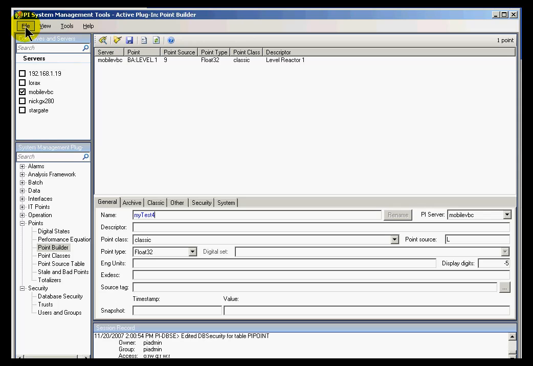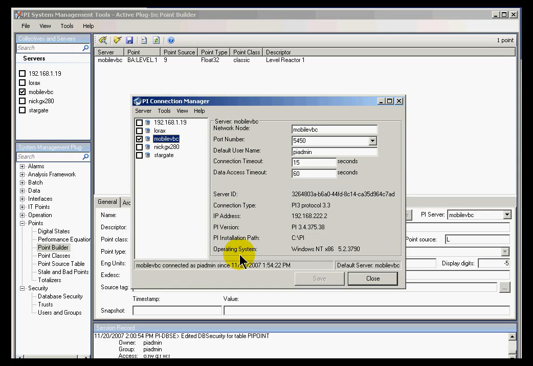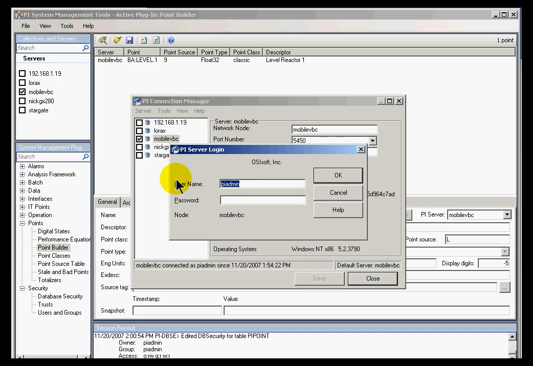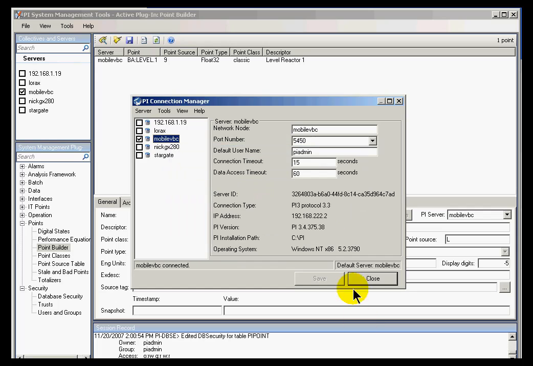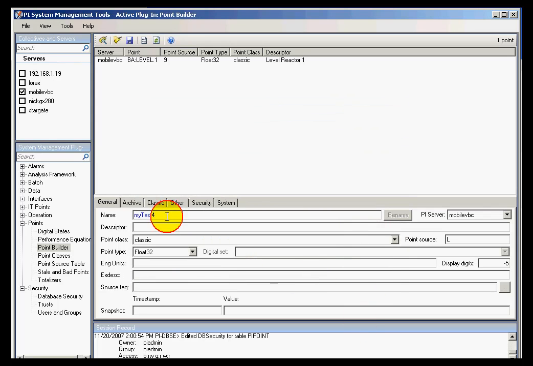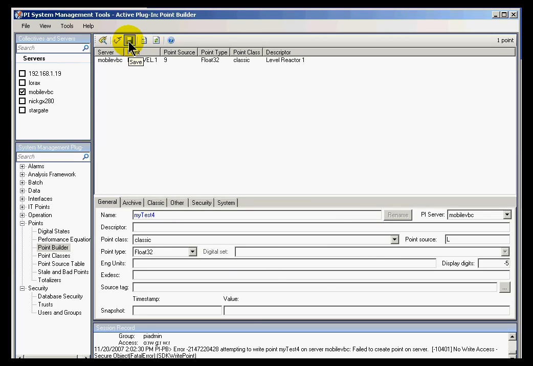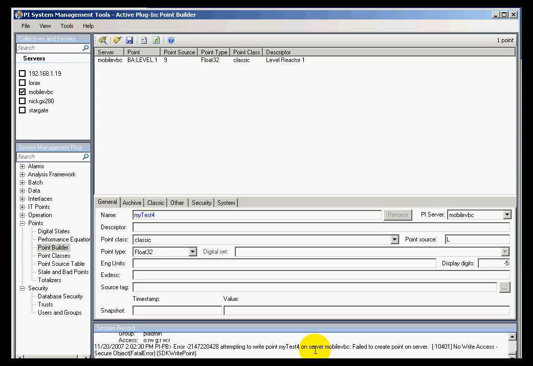Let me demonstrate. I'll go into File, Connections. I'm currently logged in as PyAdmin, who is a privileged user, but I'll right click and choose Connect As, and I'm going to connect as my user called Sid. If I refresh this, you can see I'm now logged in as Sid. Watch what happens when I try to save this. We'll look at the message box down at the bottom. If you take a look at the bottom here, we can see we get the famous -1041 error,